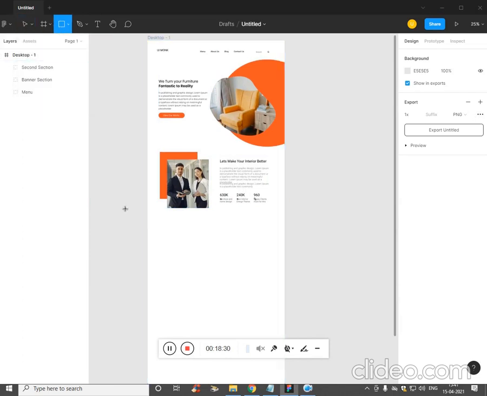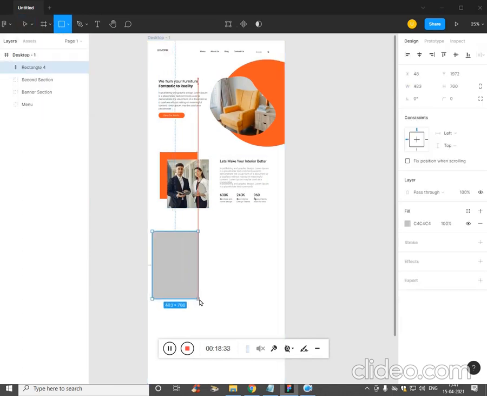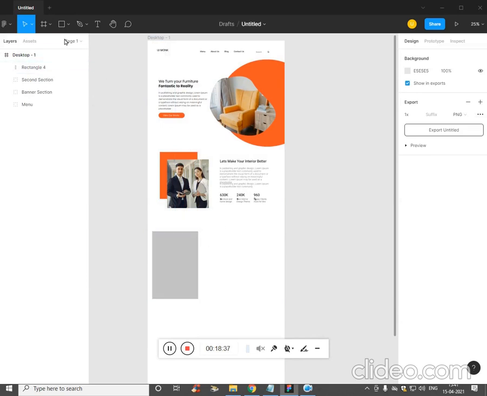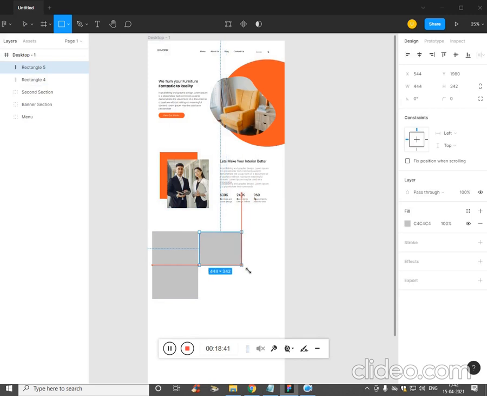Now we have to draw a rectangle. Draw another rectangle, and finally draw one last rectangle.